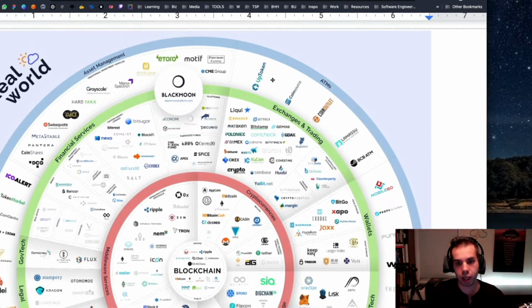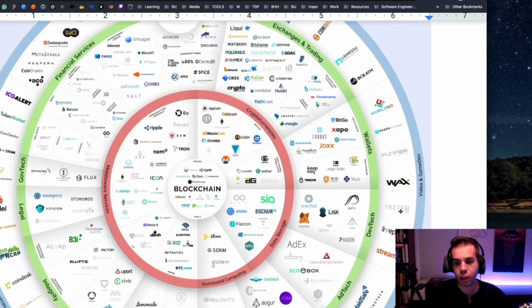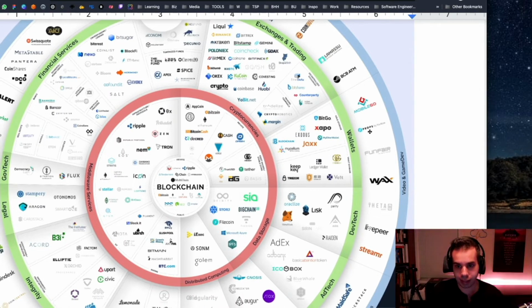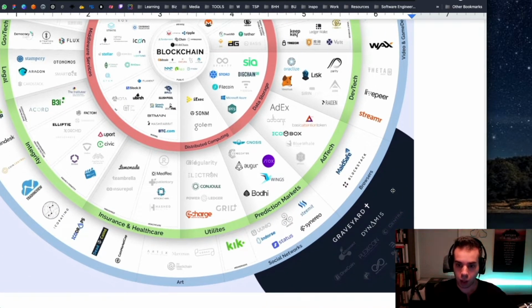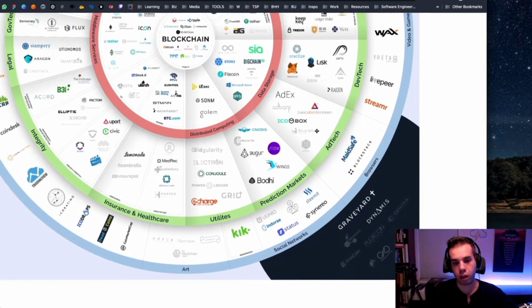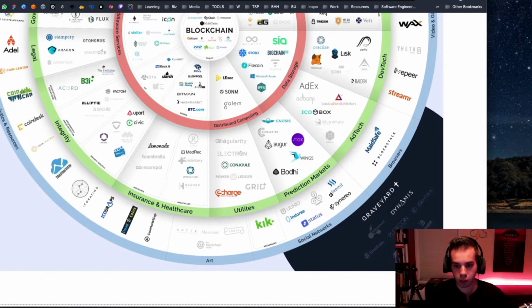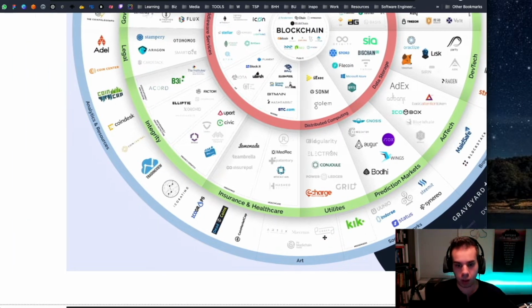Now go out even a layer further with ATMs. So this is how you get like the Bitcoin ATM. There's video and game dev tech. There is LivePeer, actually, I was just working with them on a project. It's for video streaming, for example. Browsers, there would be the Brave browser. So Brave would be here, and that is built on Basic Attention Token. So you could build hardware on top of these software on the blockchain. There's also social networks, such as Steemit is pretty popular.